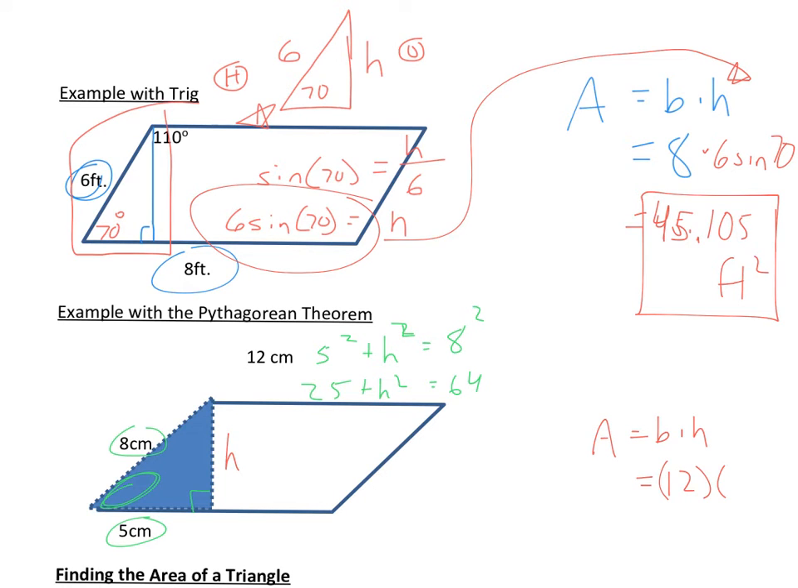H squared equals 39. H equals the square root of 39. Don't put that in your calculator yet. We are going to put that in, but let's just wait till the last step so our answer is exact and unrounded. So if I now put in my calculator 12 times the square root of 39, I will get 74.94